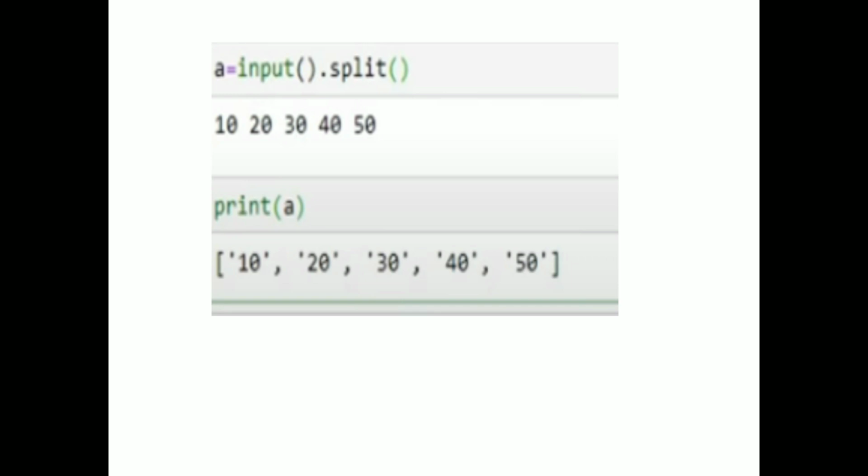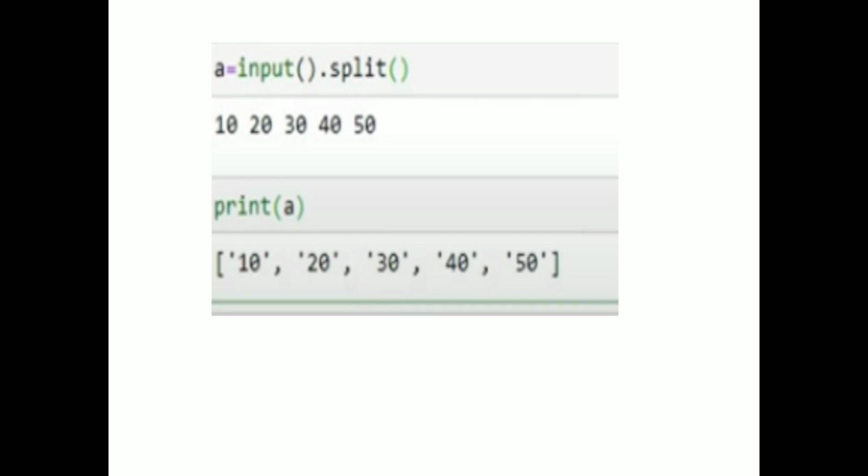Next we need to split, that is divide, what we passed with the keyboard, 10, 20, 30, 40, 50. Next, print of A. The output will be displayed this way: 10 in a separate comma, next 20 will be displayed in single quotes comma, next 30 will be displayed comma. Like this the output will be displayed by using a split.